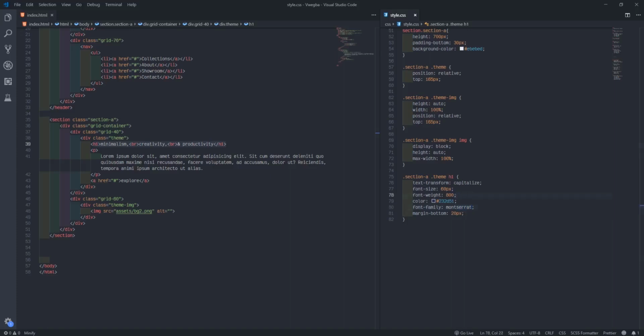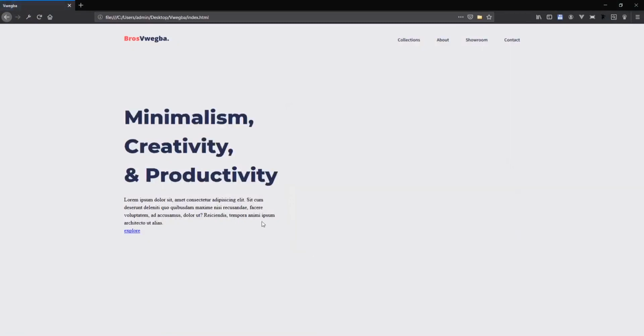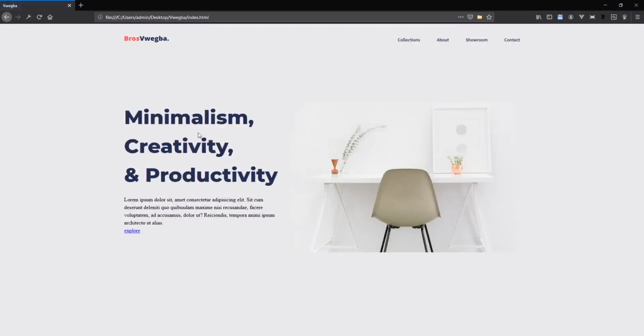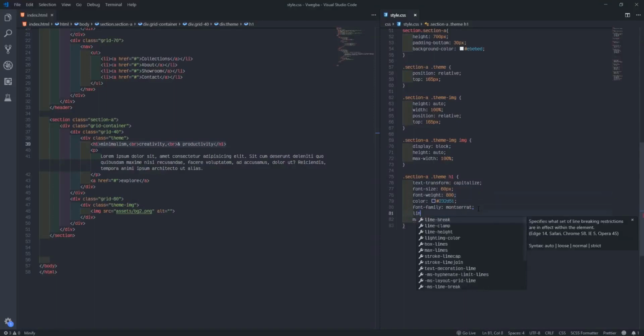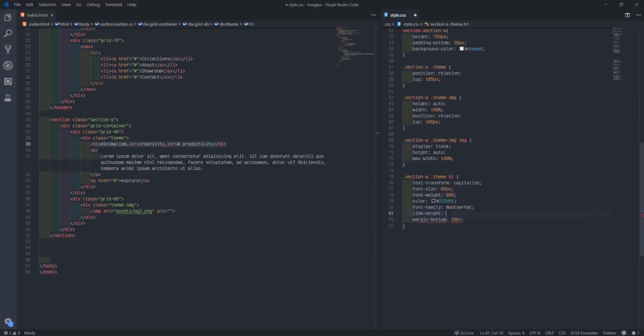My use first is massive. You see, so I'm talking about big now. So this space here, we need to close up the space, and to do that we use line height. We use line height, so I'll come to this place and say line height. Make the line height be like mostly 40 pixel first.